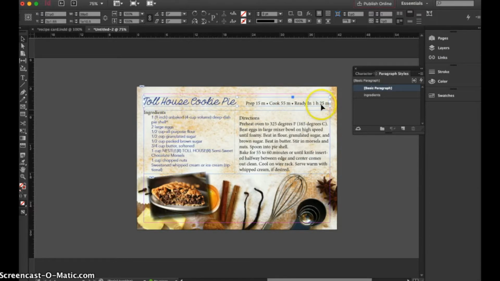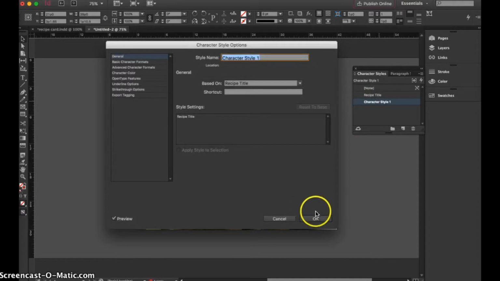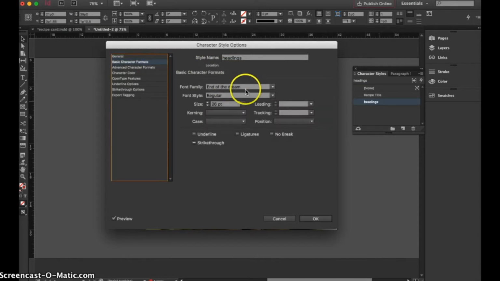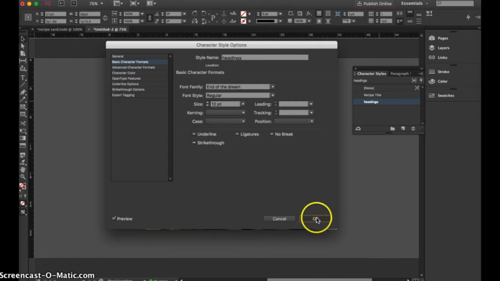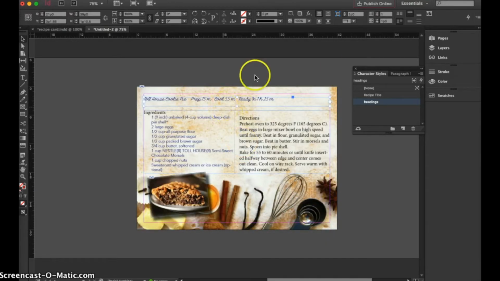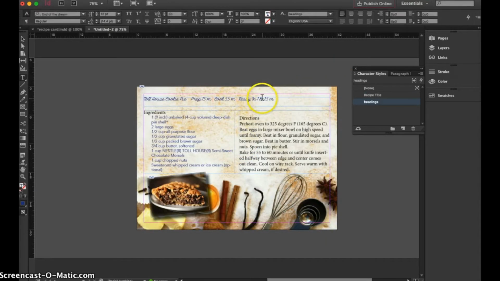And then I could also create another character style where I make this headings. And I don't want it to be based on anything, so I'm just going to say none. If it's based on something, it will pick up some of the other settings. And then I want to make this maybe 12, hit OK. This actually picked up on my,